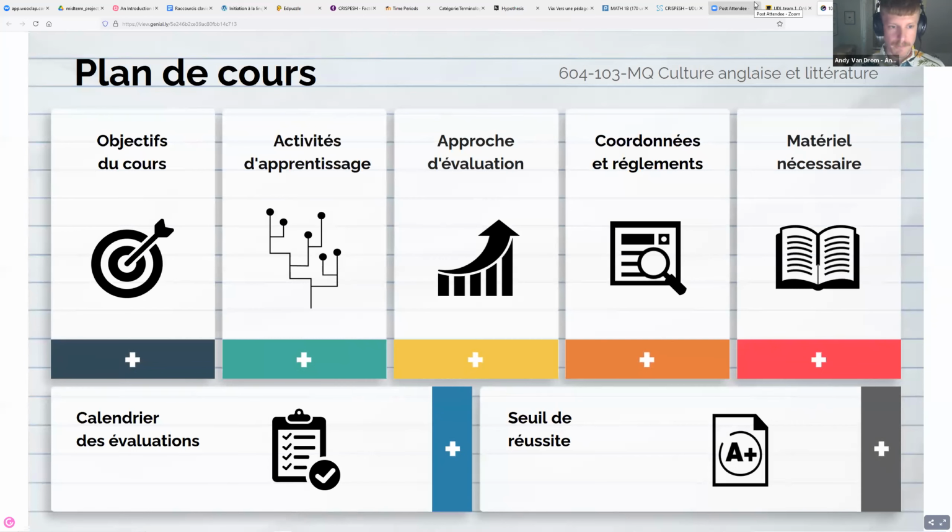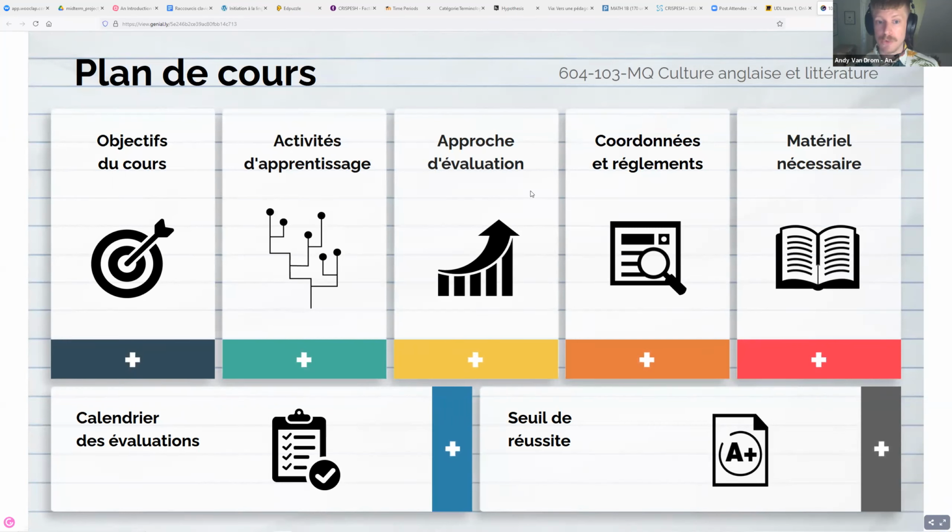And I've produced this interactive course plan using a platform called Genially. This is a template. So you don't need to have any advanced design skills to come up with this. This is basically a template where you can rename each of these tabs and then copy and paste the pertinent information. So instead of presenting one running document to my students, I've presented them with the content